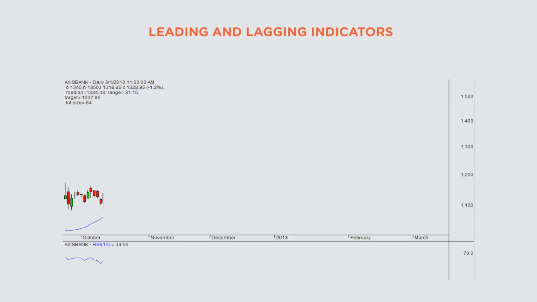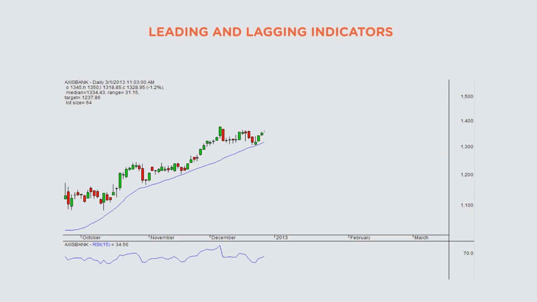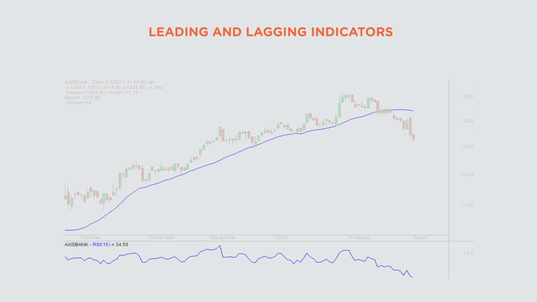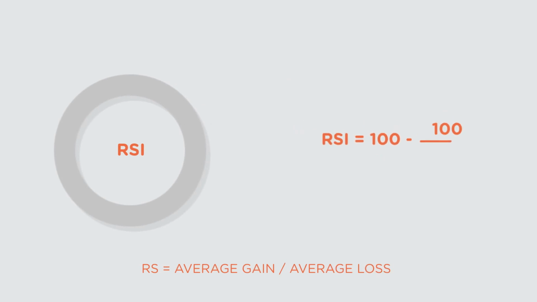Hello, and welcome to Lesson 2 of the Indicator course. In the previous lesson, we discussed leading and lagging indicators, which gave you an overview. This lesson will specifically focus on the RSI. I won't spend too much time on how it's calculated. We live in the computer age, and computer programs do a fantastic job in the calculation.